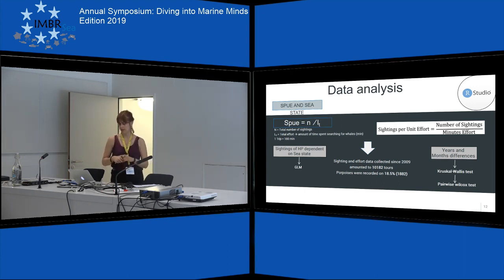This gave us a total amount of 10,182 tours, and porpoises were recorded in 80% of them. Year and month differences were assessed by Kruskal-Wallis test, and in between years and in between months, we checked for differences with the Wilcoxon test. For the sea state, we simply ran a binomial GLM to check how this was affecting the sighting rate of